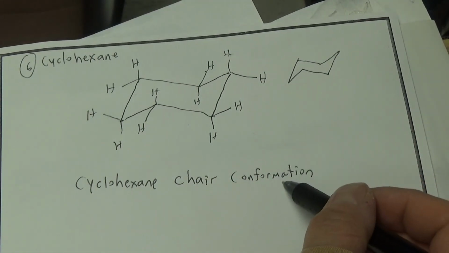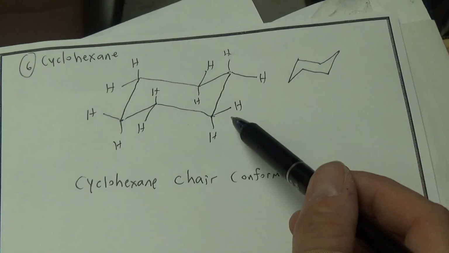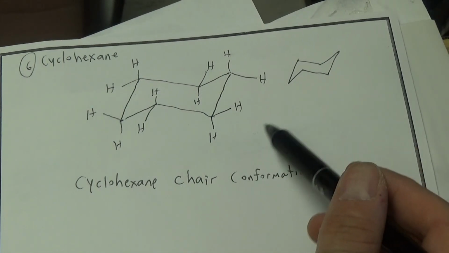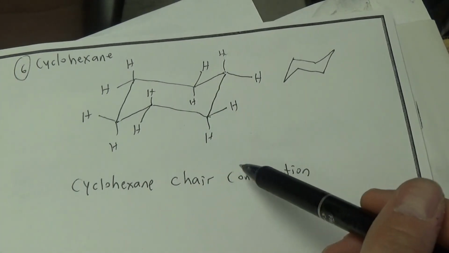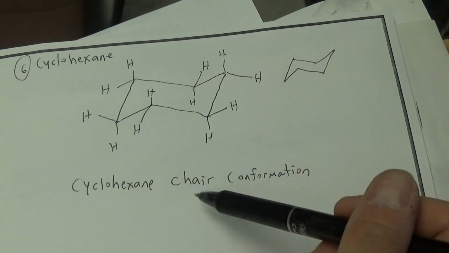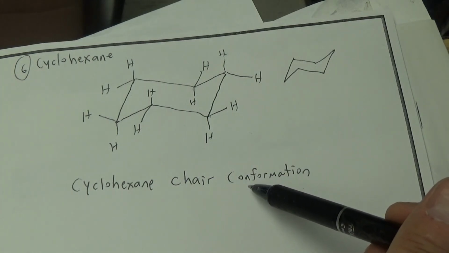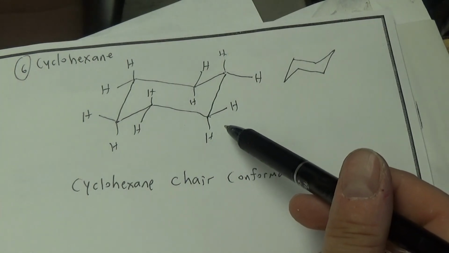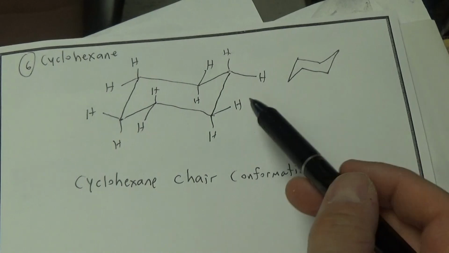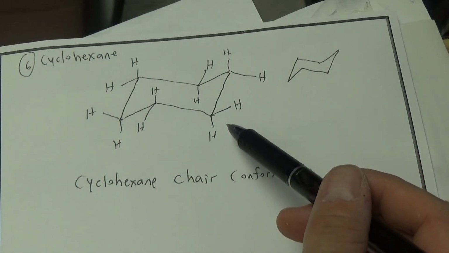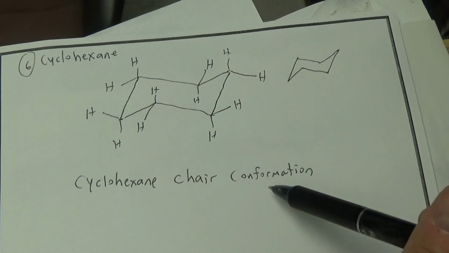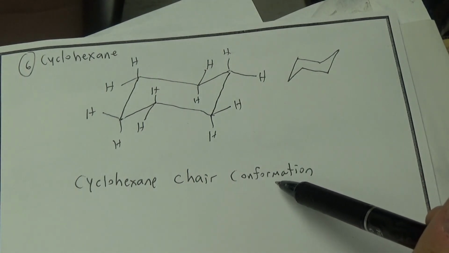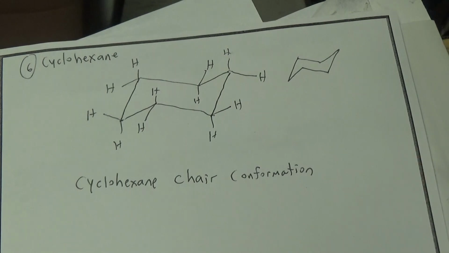The conformation means the arrangement of the atoms and the angles, and it's called a cyclohexane chair conformation. There are other conformations of cyclohexane, and we'll mention them. This is the key one to be able to draw and know the most about. The other ones you can draw, but they're a little difficult to draw. And anyway,